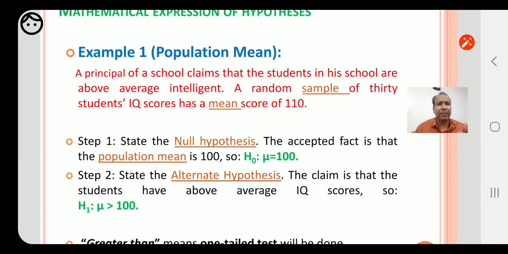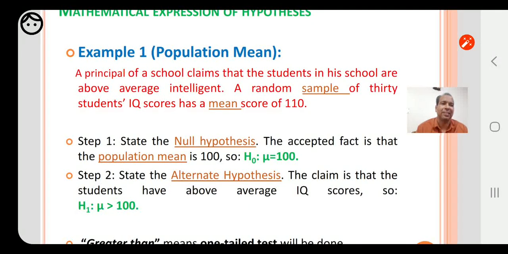One more thing which is probably missing in this example, and not visible here, is that it is commonly accepted that if somebody has an IQ score of 100, they will be considered intelligent.